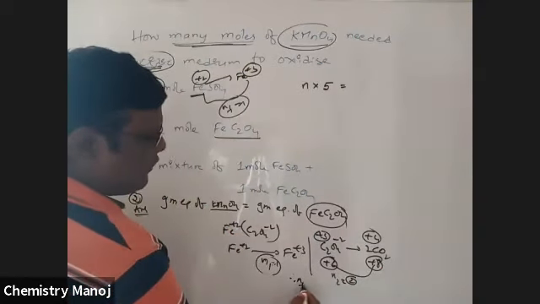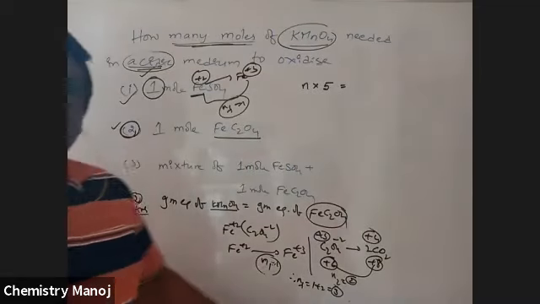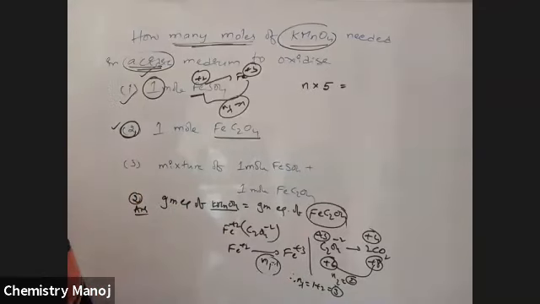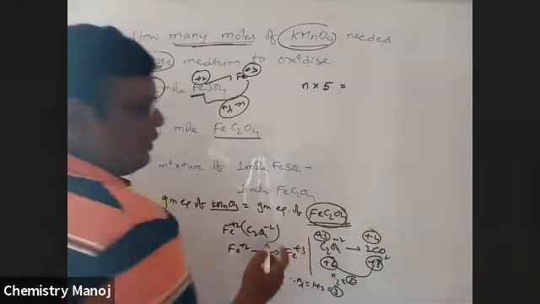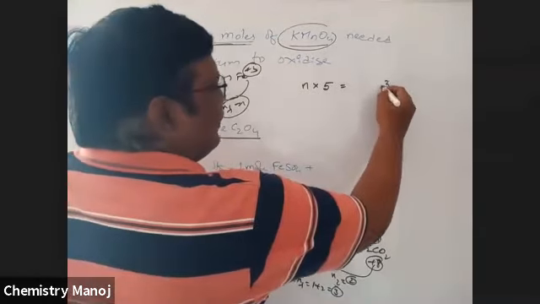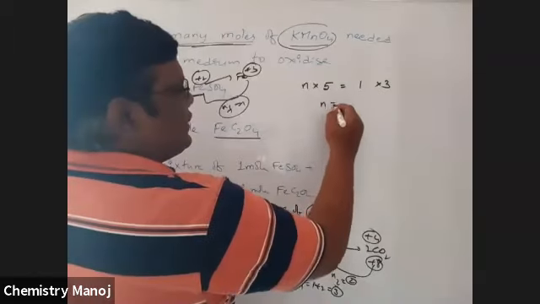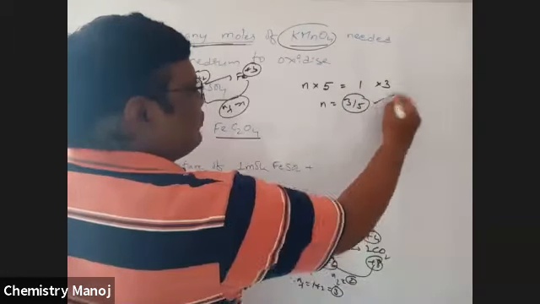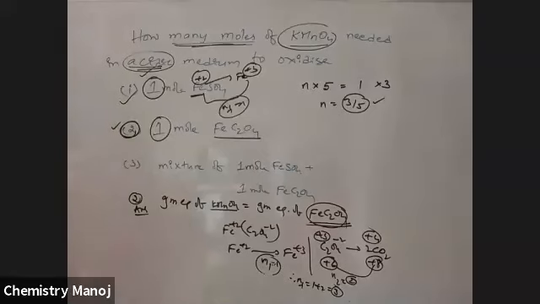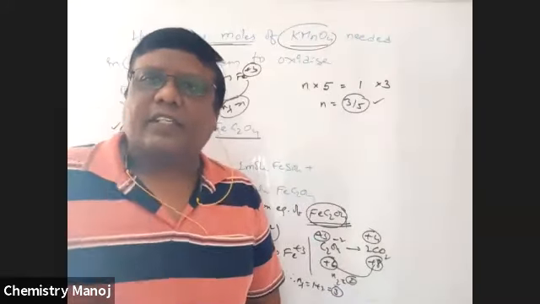Therefore, total n factor is equal to 1 plus 2, which is equal to 3. So in case of FeC2O4, as I already explained yesterday, that is 3n, 3 into how many moles? It is 1 mole n, 1 in 3. Therefore, n is equal to 3 by 5. So the basic problem, the major problem, is the n factor.